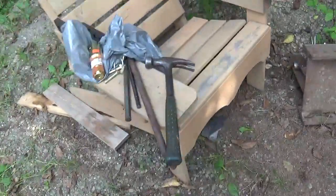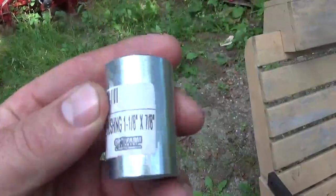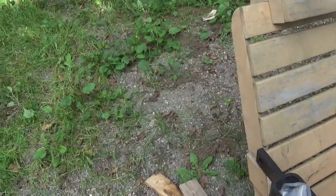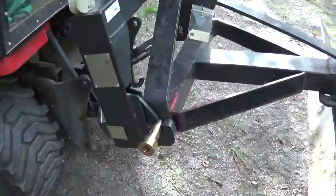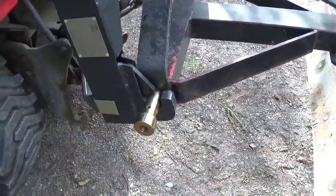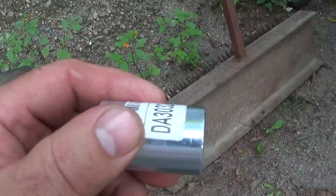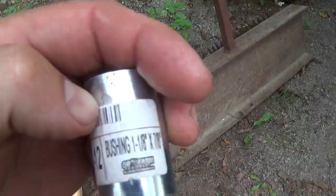I got some sleeves to put on my snowblower, because the snowblower is category 1, and I did get some sleeves that are 7/8 to 1 inch and 1/8. So 1 inch and 1/8 is about 1/4 inch less than this one, but I think I found more sleeves like this that will fit on this and go up to 1 inch and 3/8. So yeah,